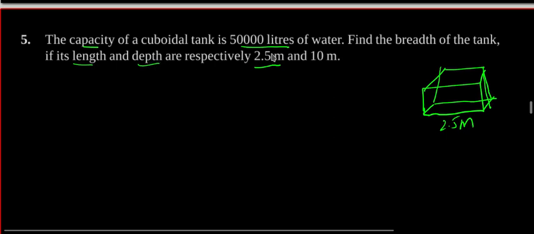So, the height of the water tank is 10 meter and the length of the water tank is 2.5 meter. Okay. So, first let me find the whole volume of the water tank. So, 50,000 liters. Okay. So, 1 liter is equal to